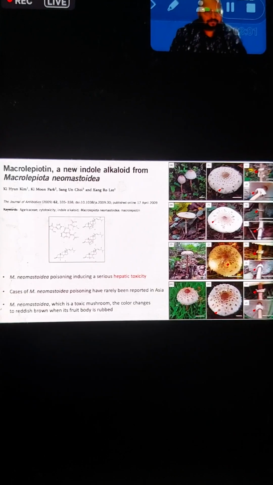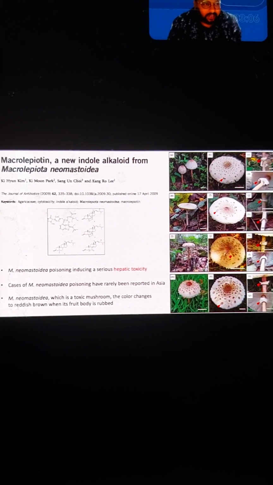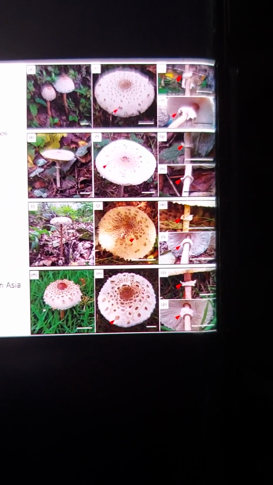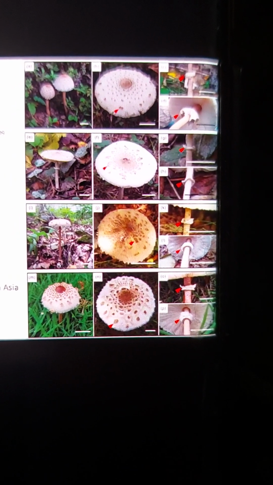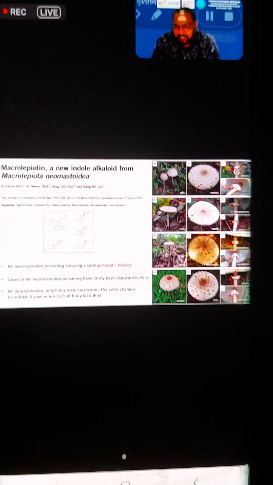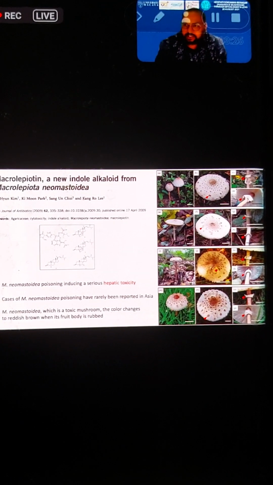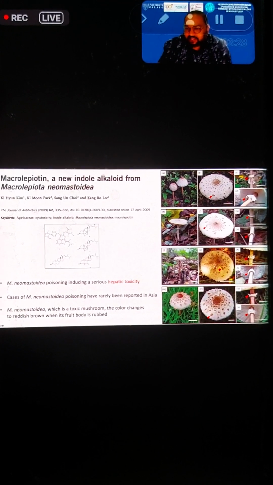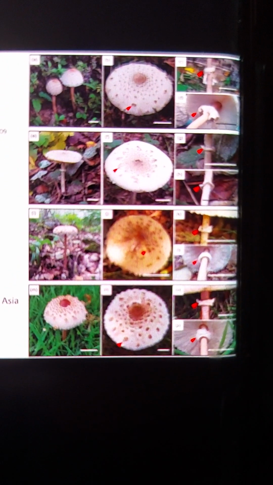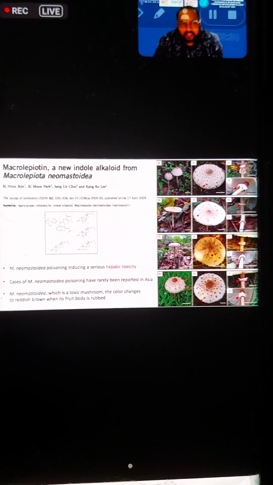Okay. Apart from that, we have another group that also occurs in Malaysia, Macrolepiota. We have one student collecting all these Macrolepiota because they resemble Chlorophyllum molybdites, and sometimes people think this is a Termitomyces mushroom. But of course, based on the cap scales, this bulbous surface, as you can see, some of these Macrolepiota can mostly be edible, but Macrolepiota neomastoidea, which